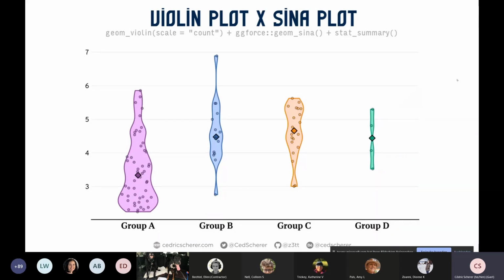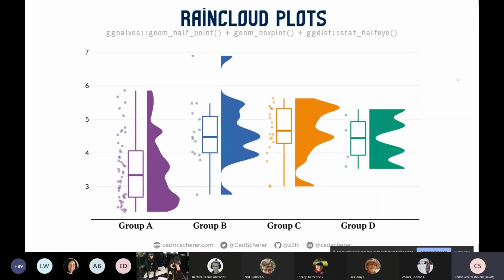If you set both to count, for example, you now have the width indicating the number of observations, but also each of the dots, of course, showing one observation, and you can clearly see the difference across groups. And then in addition, with the stat summary call, I add this time it's a triangle, could be a dot as well, for the median.